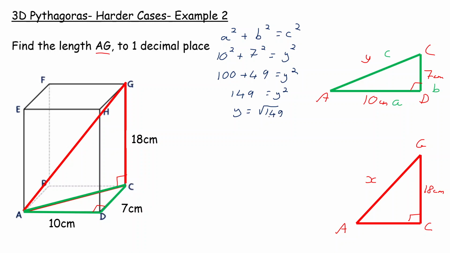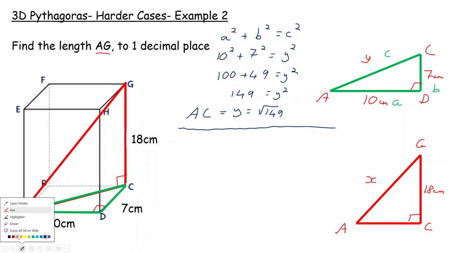Now this time I'm going to leave my answer in exact value form, because I've got to go and use this value again down here, and I don't want to get any rounding issues, so I'm going to leave it as root 149. You could, if you wanted to, put it as a decimal. I'm not going to, because I want to avoid a rounding issue. But now I know that this length, which is Y, the missing side, which is A to C, I can go and put it in my triangle down here and say that A to C has a length of root 149